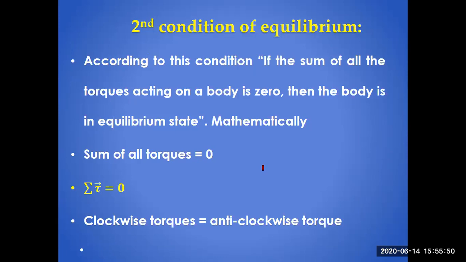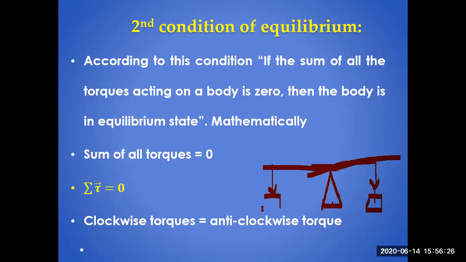Take a simpler type of example. You are taking any meter rod, and with the help of a scissor, any other wedge, or any other type of object, you have placed this scale or meter rod on it. You are hanging a weight to your right side and another weight to the left side. Suppose this one is W1 and this one is W2.